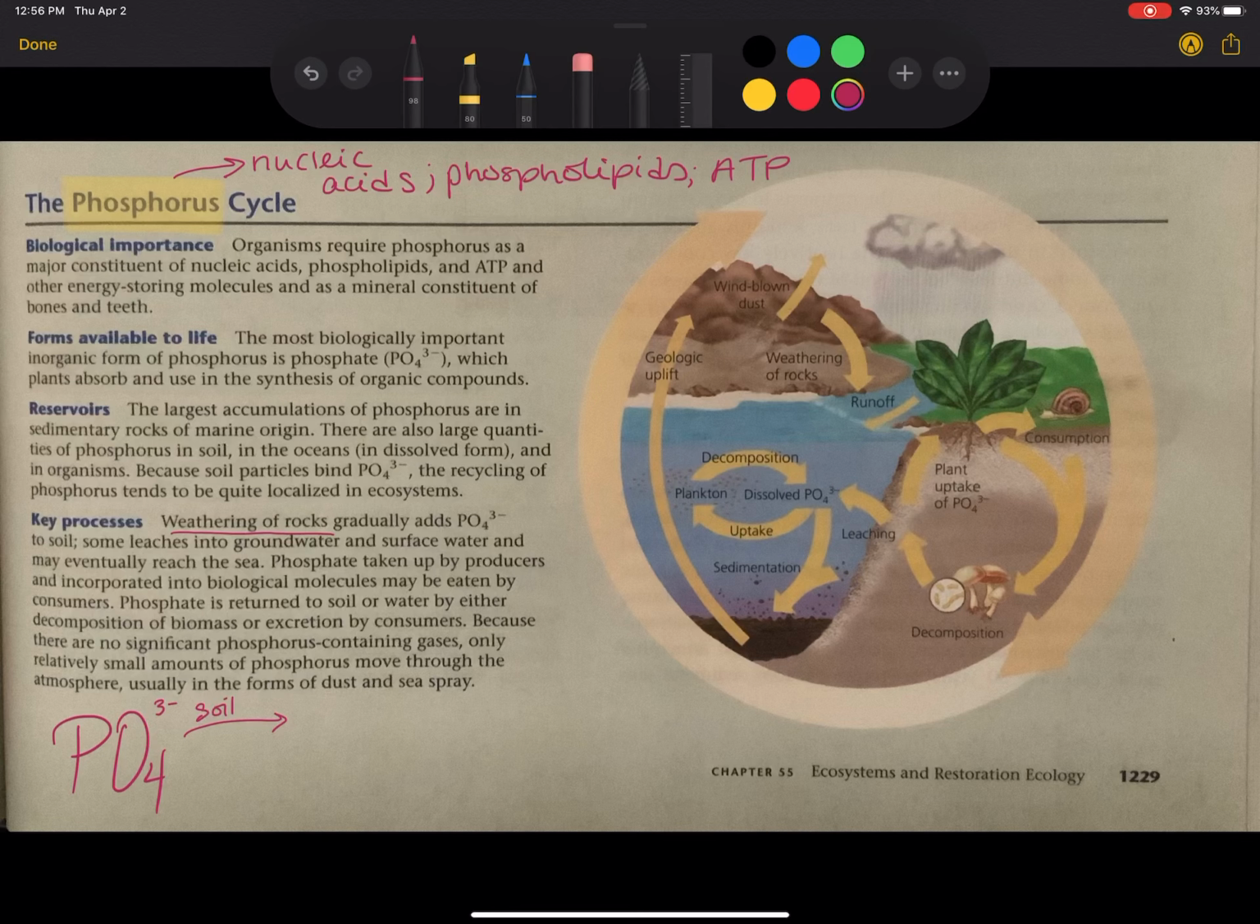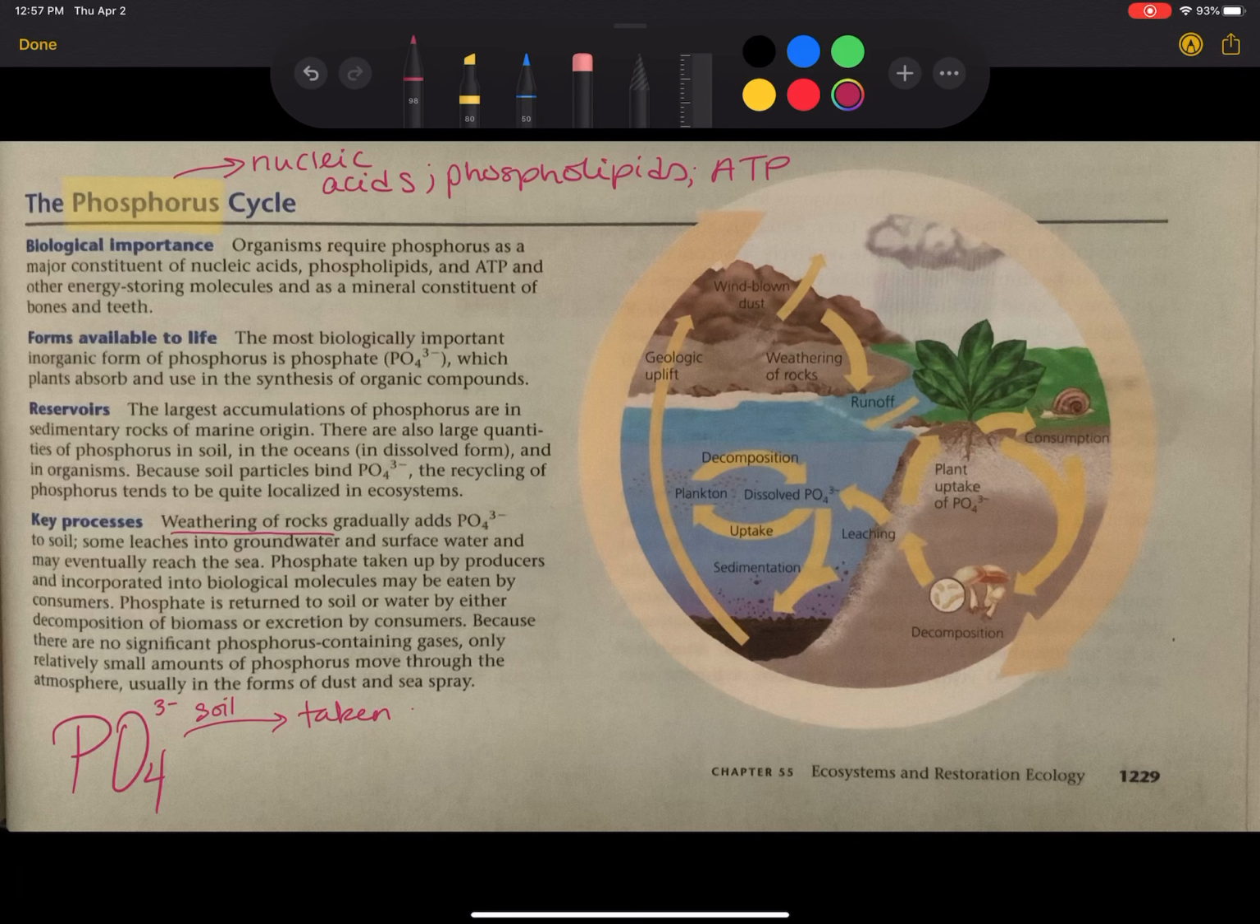Generally speaking, you're going to have the largest amount of the reservoir coming from just the natural weathering process of rocks. And so you're often going to find these in just sedimentary rock of marine origin. But we're going to start with the soil because we're looking at the general weathering of rock process. And so for a terrestrial ecosystem, that phosphate ion that was found in the soil, that's going to then be